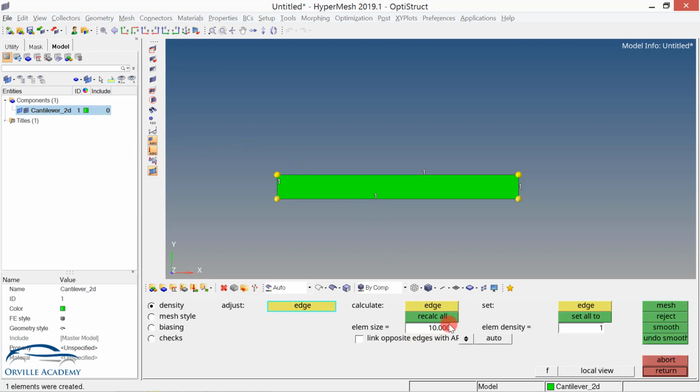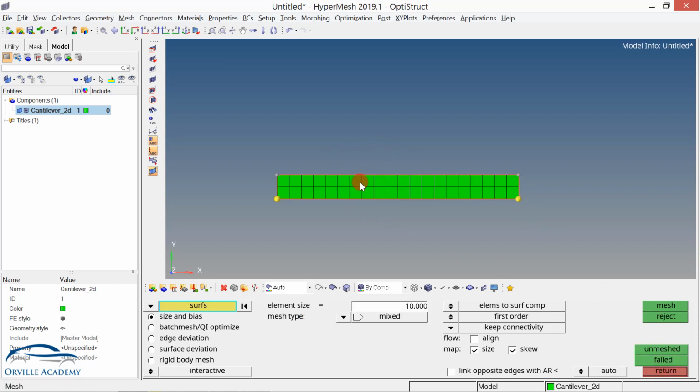As you can see, using the size of 10 mm, I am only able to fit one element, which is not acceptable at all. So let me change the size to 0.5 mm and say recalculate. As you can see, along the thickness there have to be at least 2 elements. It is a mandatory condition in order to get the proper contour that along the thickness you should have at least 2 elements. And let me say return.